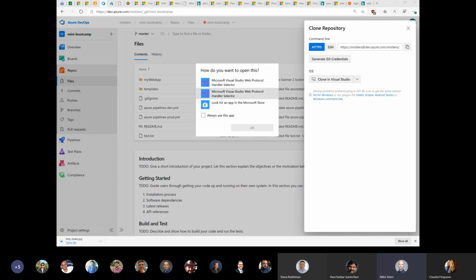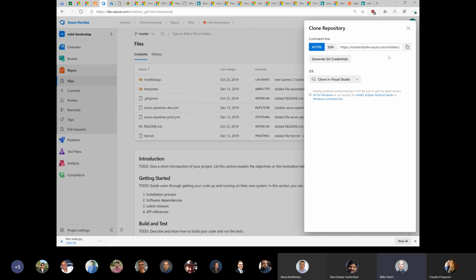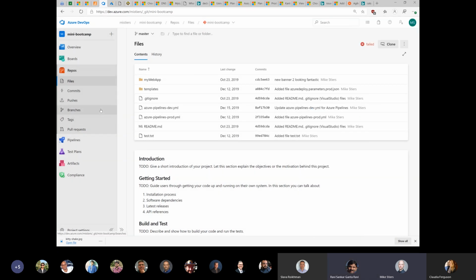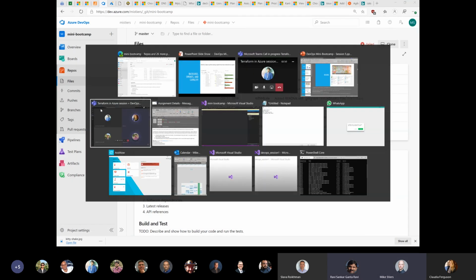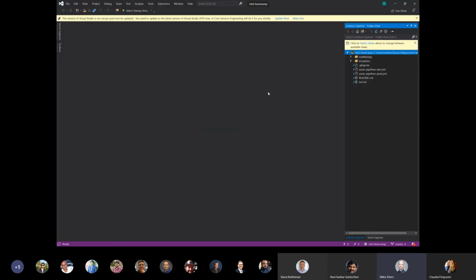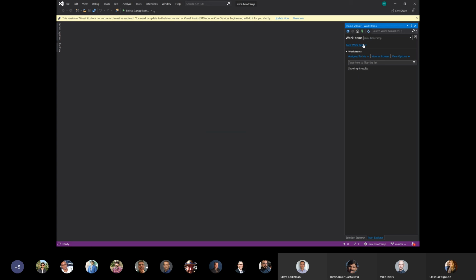I have 2017 and 2019 installed, so that's why I have this pop up, but cool. So what is that new feature? This new feature is this. So here's our cloned project in Visual Studio 2019. If we go over to Team Explorer and then to work items,